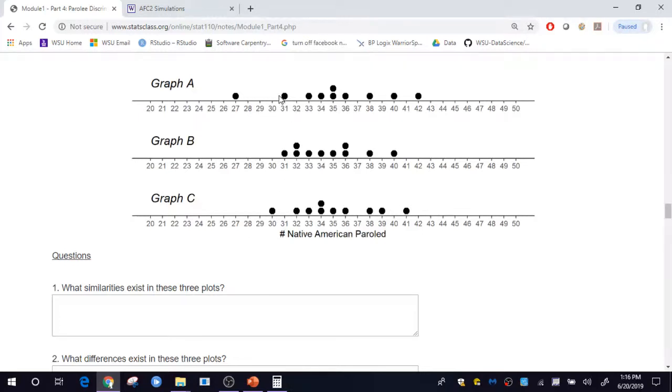When I don't have very many simulated outcomes, it's kind of hard to determine where the edge of that graph is at. Again, that is important because I'm trying to determine whether or not 24 is too few in this picture. And if I don't have a good understanding of where the edge of the graph is, that makes it difficult to determine whether or not 24 is too few. So certainly in graph B, 24 looks like it's a long ways from the edge of the graph. So that might indicate that 24 is an outlier. However, in graph A, 24 is not that far from the edge of the graph, so we might not be sure of whether or not that's an outlier.